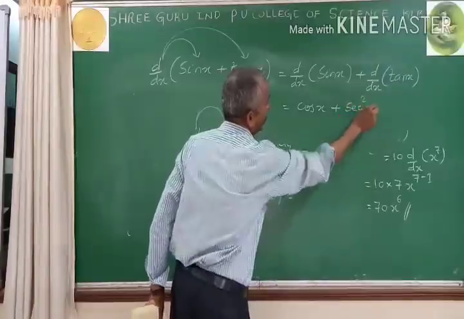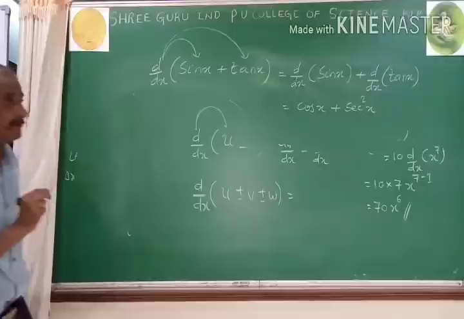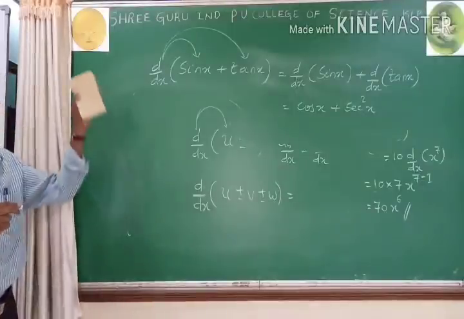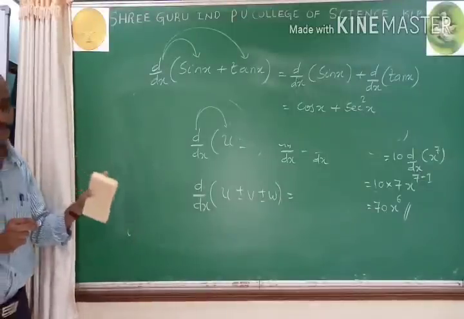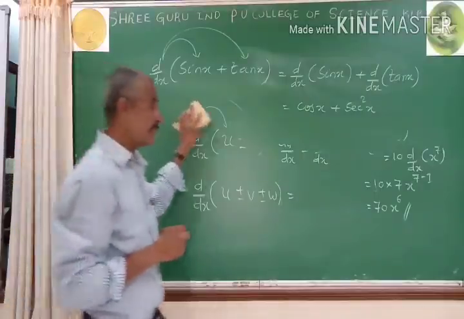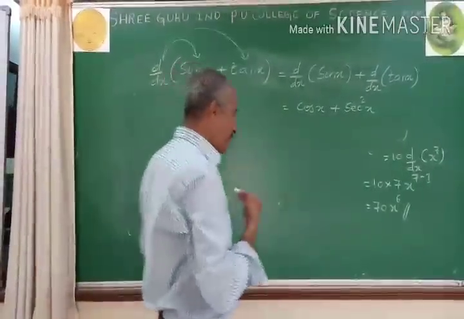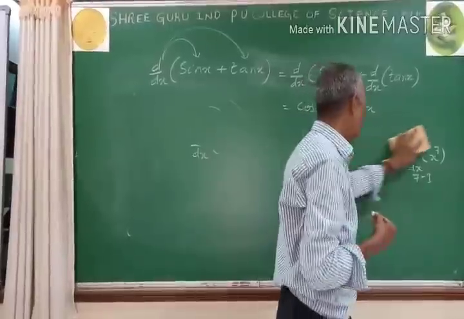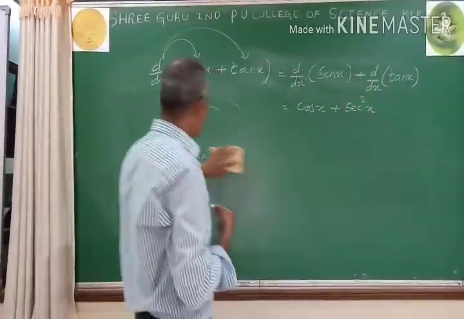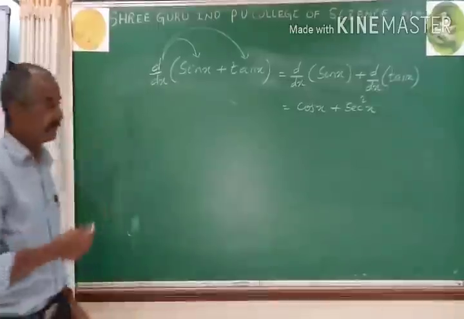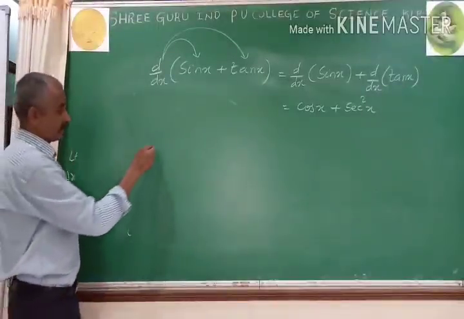Like this, one can implement some rules whenever it is needed. So don't think that these rules we are going to use every time. Not every time. Whenever these rules are supposed to be used, you are supposed to use them in this manner. And after this comes a product rule, followed by another very important quotient rule or division rule. Now let's study product rule.